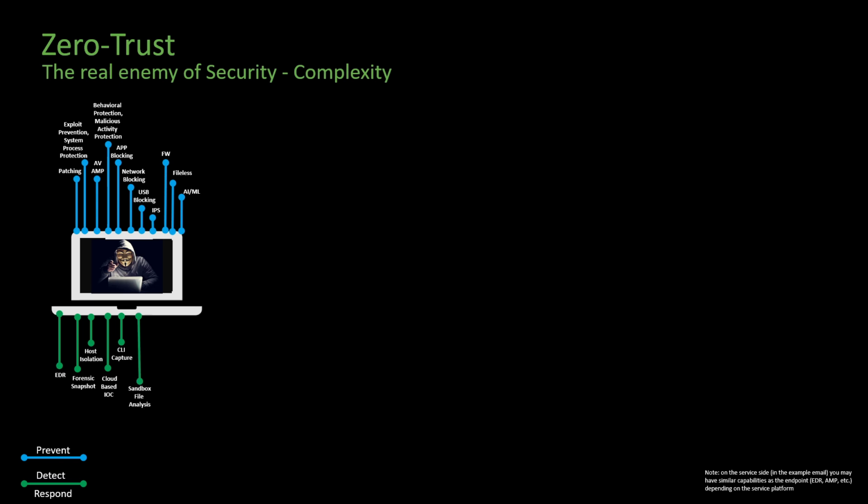Sandboxing and file analysis. Now, I've kept that in the detect and response side because it's very difficult to do that live. So if you have an HTTP connection, you can't sandbox a file in time to get a disposition back before HTTP times out. So that's typically an after-the-fact or a detect and response capability, not a preventative capability, although it will feed your preventative capability once the disposition